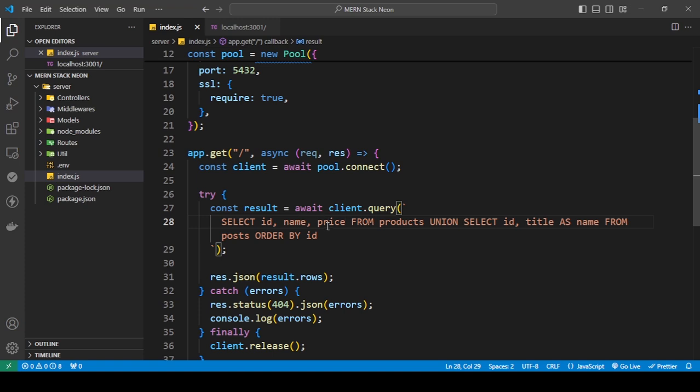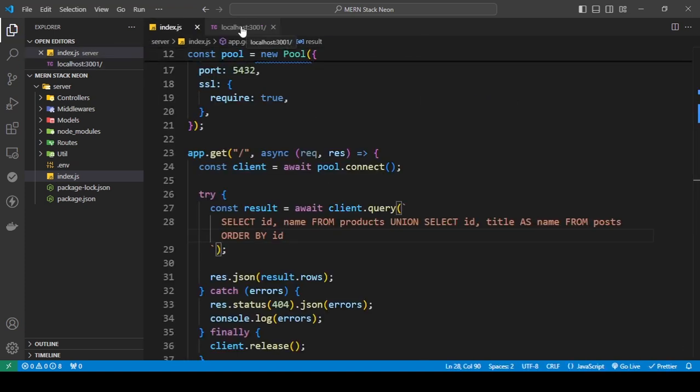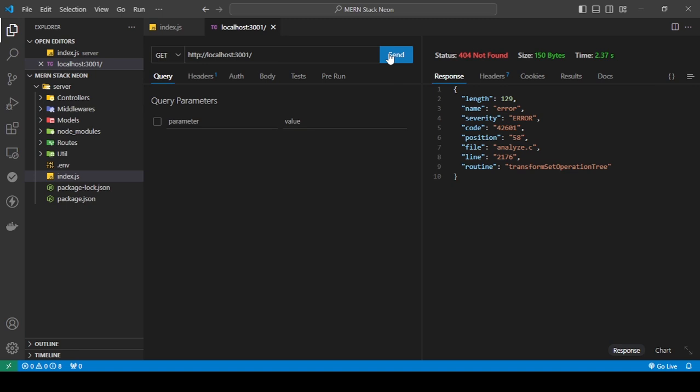The thing about union is that you need to have the same number of columns for both the tables. Another thing you need to keep in mind when it comes to unions is that you need to name the columns the same thing. That's why I used as, so that I could change title to name. Okay, so now it was combining both of those. But the problem that you will see here,